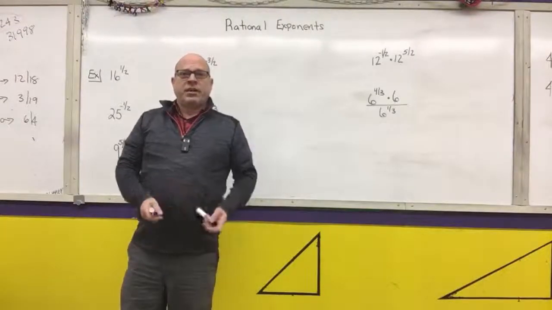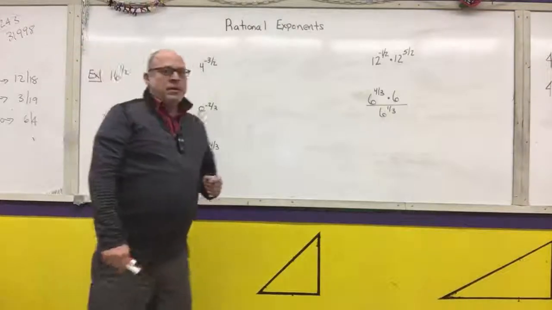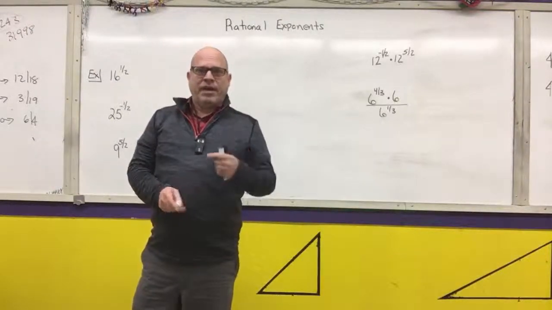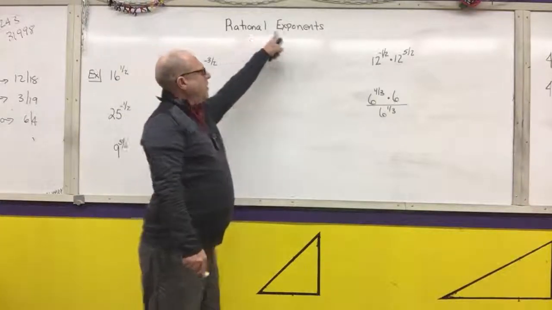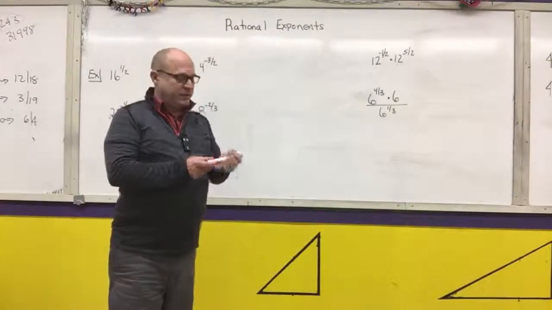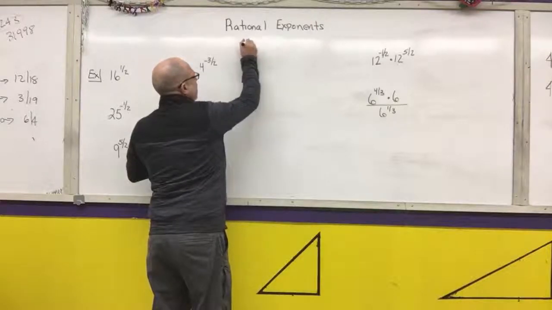The next section we're going to cover is on rational exponents. They follow the same rules of exponents that we've already had, but adds a little twist to it. And before we can talk about rational exponents, first thing we need to do is remind you what a rational number is. And a rational number is any number that can be written as a fraction